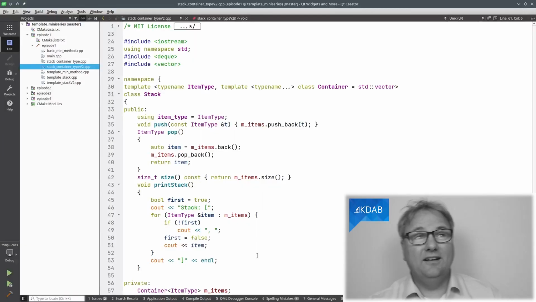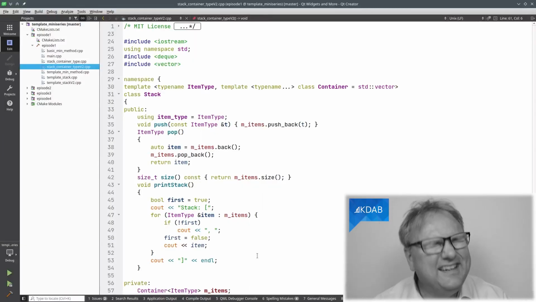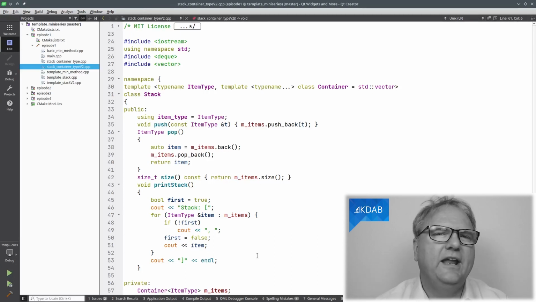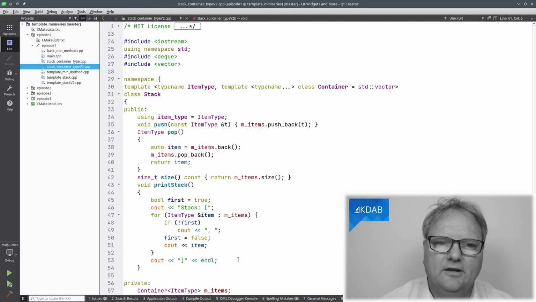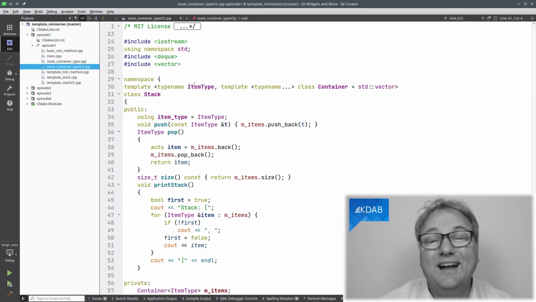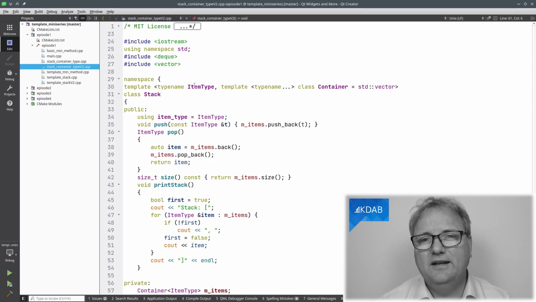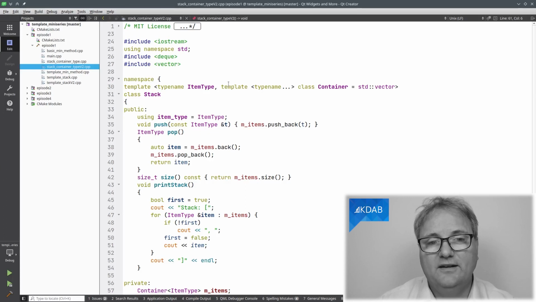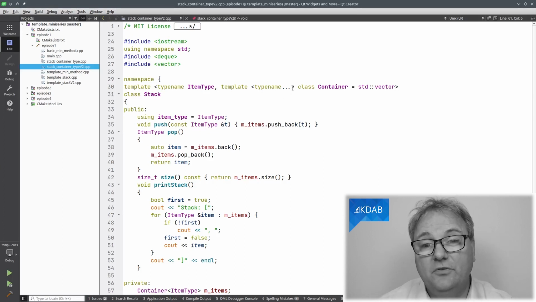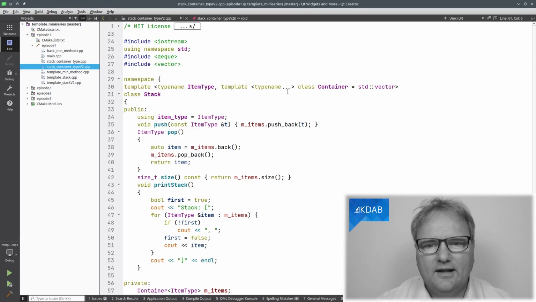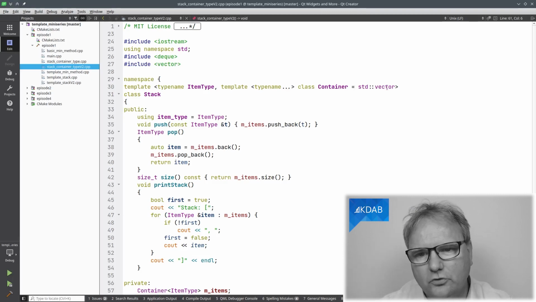Let me warn you, down here in the corner, it's getting really ugly syntax-wise, but it is okay. You can handle it. I know it. Let's look. Template, that's good. Typename item type, so far so good. But now I need to tell it that it's not the full template type, but only part of it. And that I do by specifying template again and typename ... I'll get back to what those three dots mean. And then class container equal to std::vector.